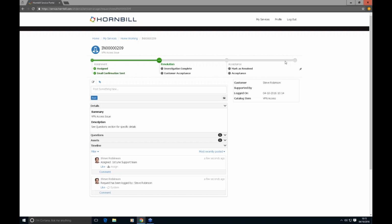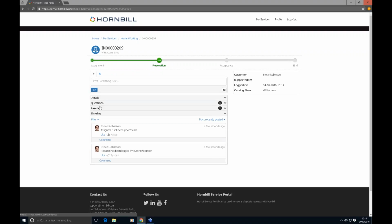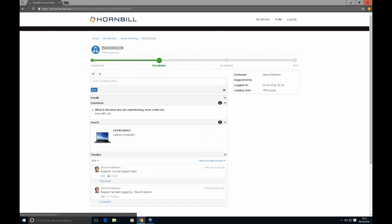So much like when we interact with something like Amazon online, you want to know where that thing you've purchased is in terms of getting to you. You can go back in there and you can see that it's been dispatched, or it's currently at the depot, or whatever it might be. In the same context here, as a user, I can see where IT are in respect to resolving this issue for me. I can see the details of the request, any other questions, the assets, and most importantly, I've got